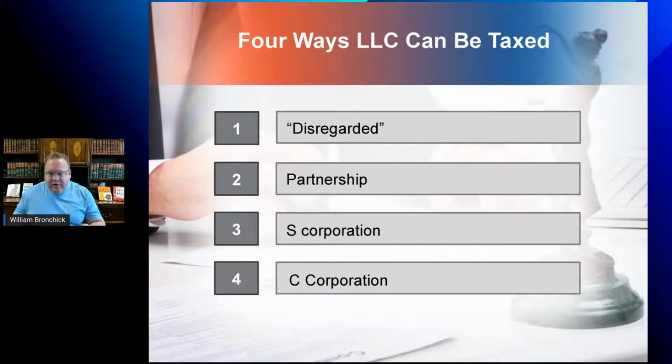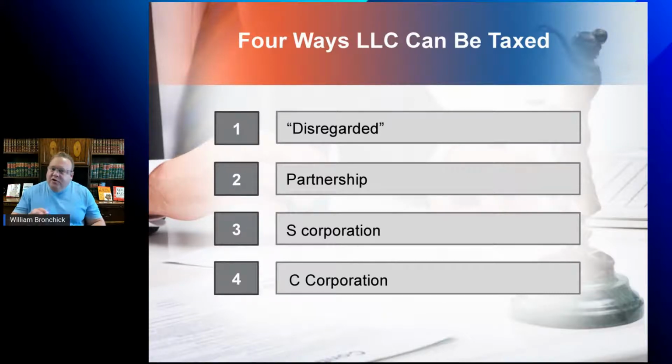If you're a rental activity, a partnership is fine. S corporation is the next election. So you can have 1, 2, 3, 10 members, and you can be treated as an S corp, which we already said is the preferred entity if you are doing ordinary income. So if you're doing wholesales and flips and so forth, that is earned or ordinary income, you probably want to go with an S corporation election.